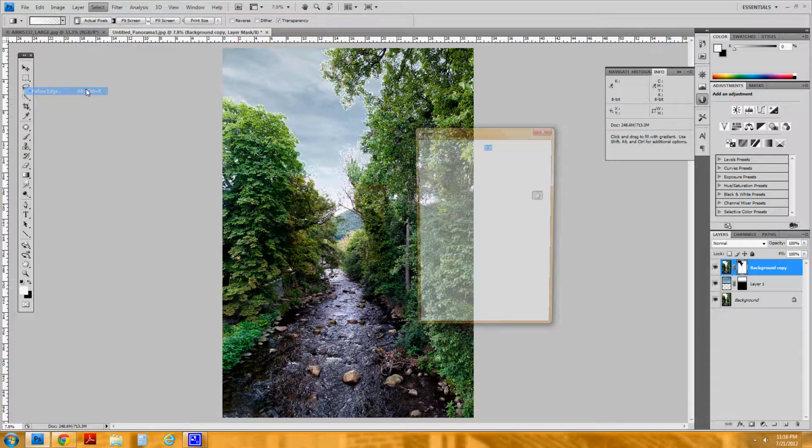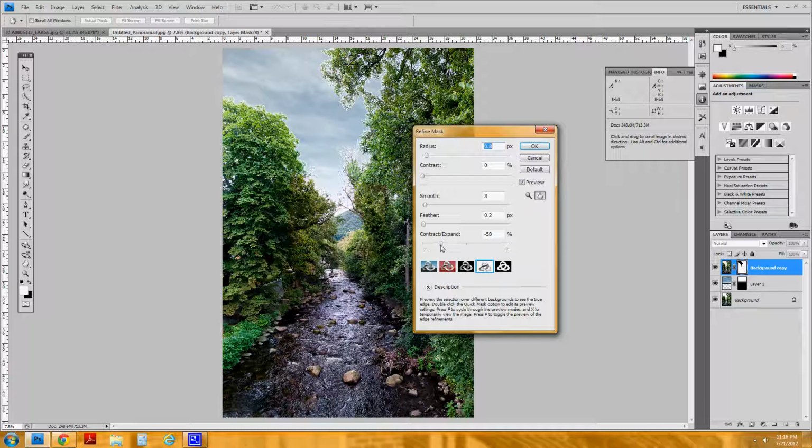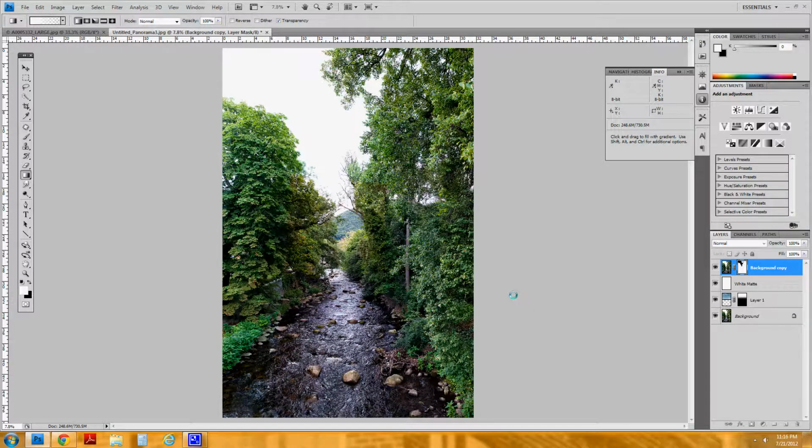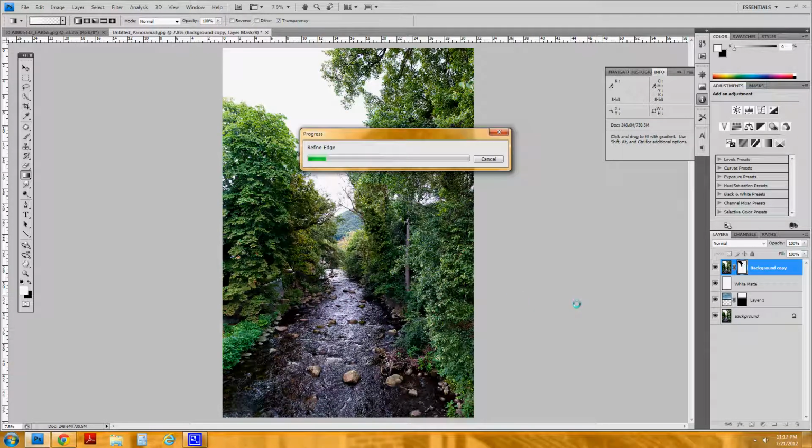I can go to Select, Refine Edge, and what I want to do in this case is contract the edge a little bit. I always get confused between contracting and expanding, and I guess my advice would be just to try it out and see. In any case, give that a whirl, and you can fiddle with smoothing and feathering as well. I'm using CS4. You might want to see what your version has. I think CS5 and beyond has a more sophisticated